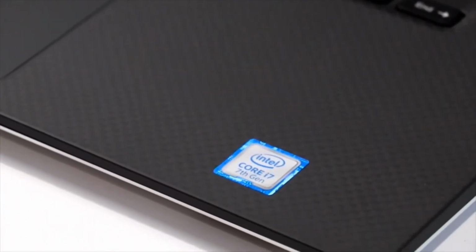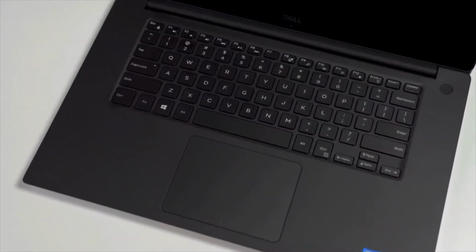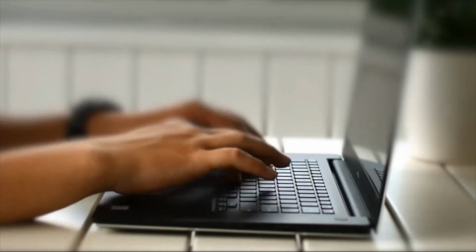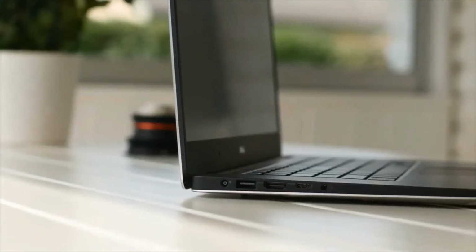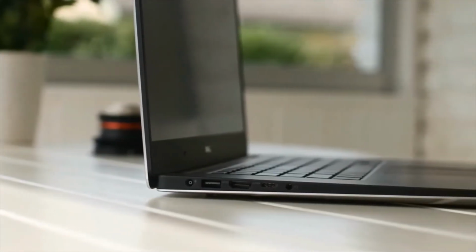In addition, Dell's solid 81-key backlit keyboard is a pleasure to use. The chiclet-style keys are well-sized and well-spaced, while keystrokes are fairly deep and induce a strong sense of feedback. Security features, meanwhile, include a power button conveniently doubling as a fingerprint reader, and a Noble lock slot for that